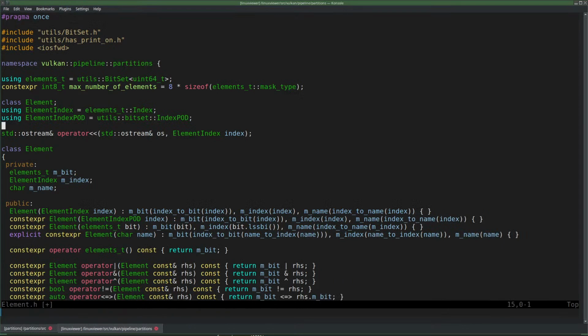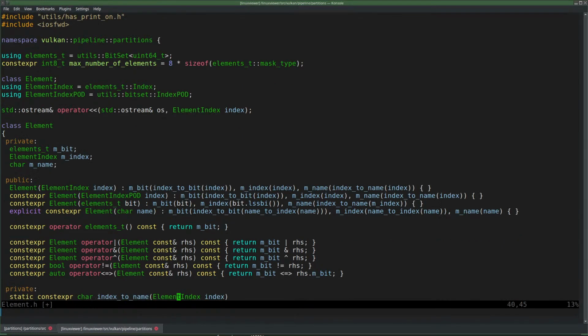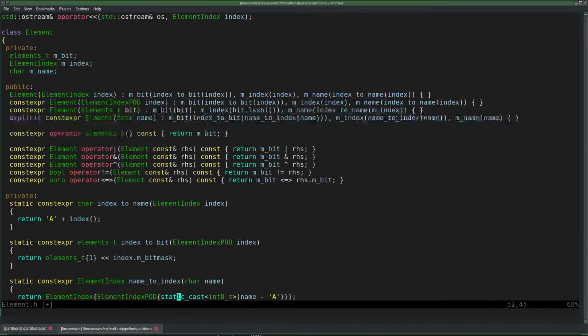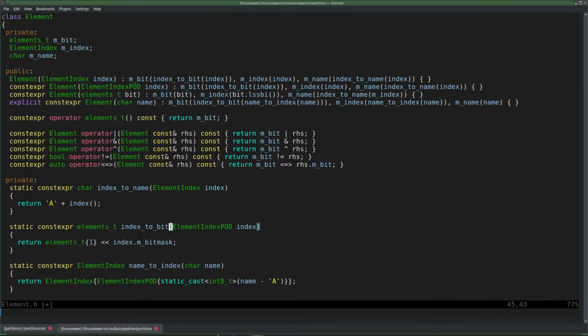No, we did add a constexpr somewhere. On the other hand, there's not really a reason not to change this into POD. I mean, POD is the base class of element index. So now I can still pass an element index, but also POD. Yep. Hold on. Okay, my visitor's here, so I have